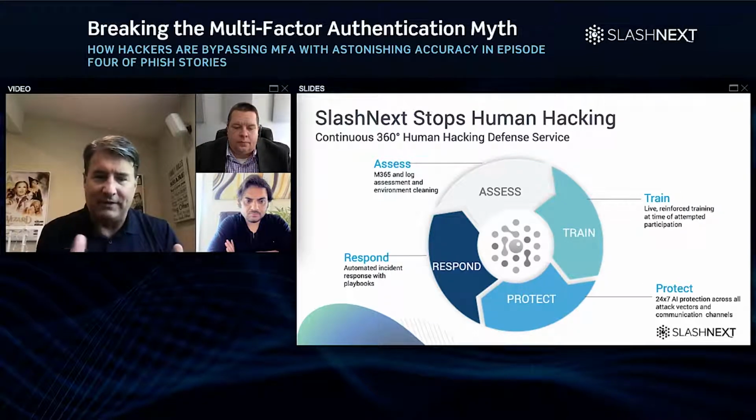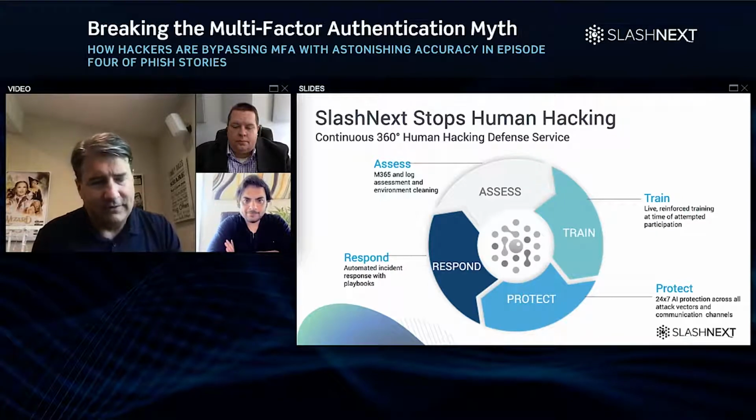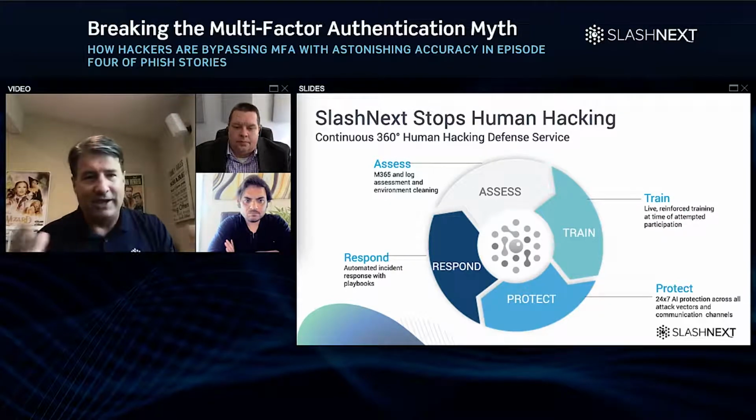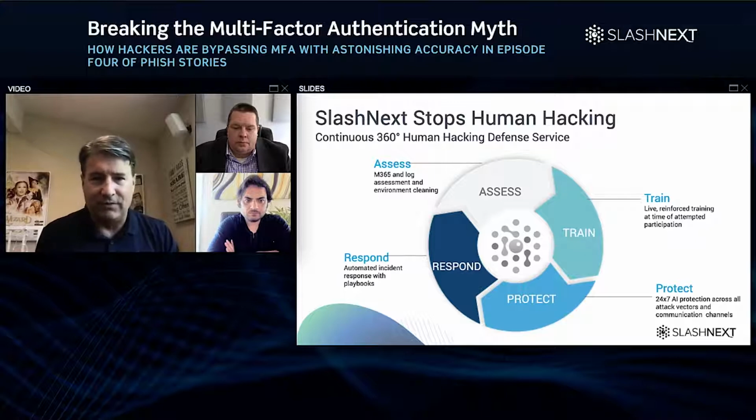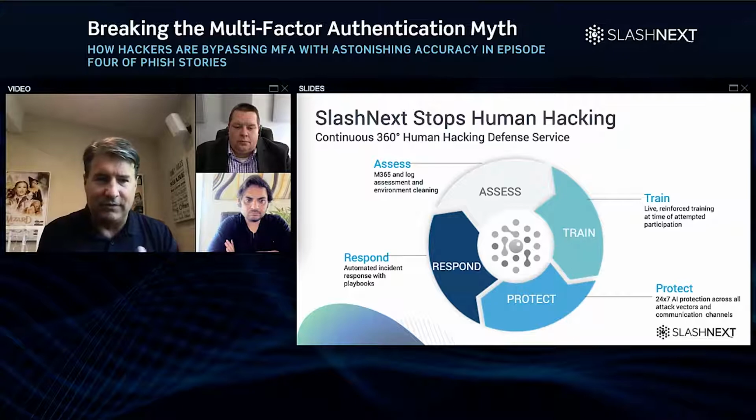The second aspect, if you could just move to the next slide, I mentioned this assessment. If nothing else, I leave you with this. I think it's always important to take that baseline, know exactly where you sit today. Don't be naive to what's going on in these attacks. So always do those health checks. It's the reason why people do pen testing. You do vulnerability testing. In this case, do an assessment in one channel and one channel only right now, which is email, which is still a very popular way to deliver these attacks. Do an assessment of what got through there.